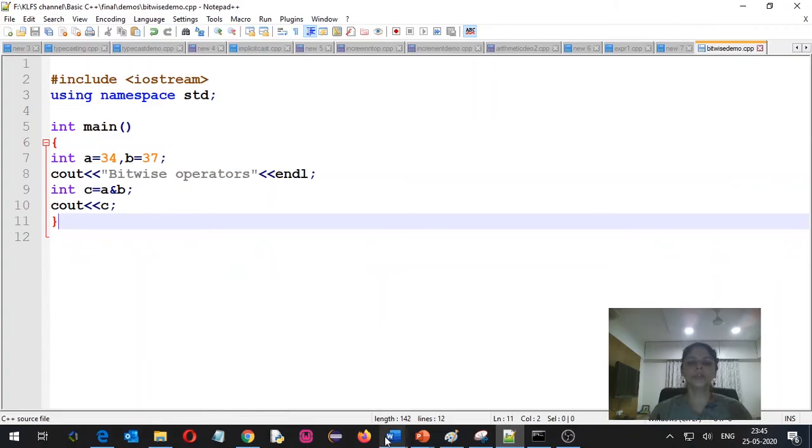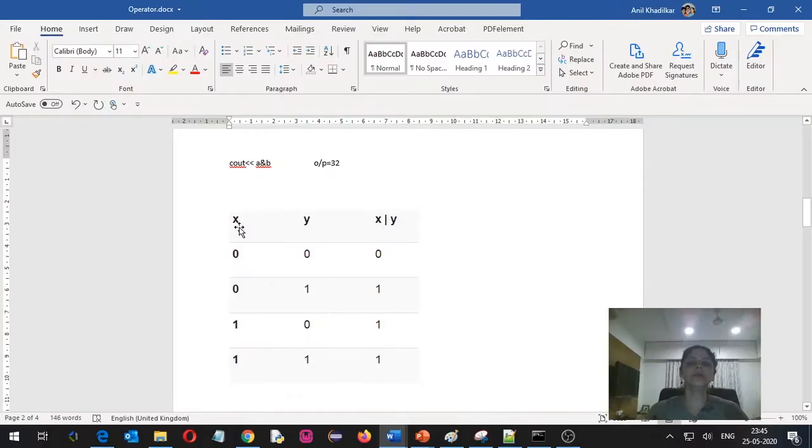If you want to see the OR operation, then we are going to use this logical table, in which you can see the table for OR. In these logical tables, 0 indicates false and 1 indicates true. So you can see for the OR operation, when both are 1, or if any one of them is 1, then the result is 1, otherwise the result is 0. This table we are going to use for calculating the OR operation.